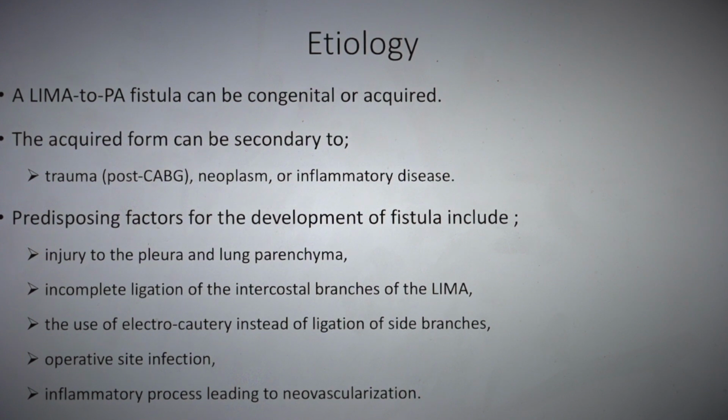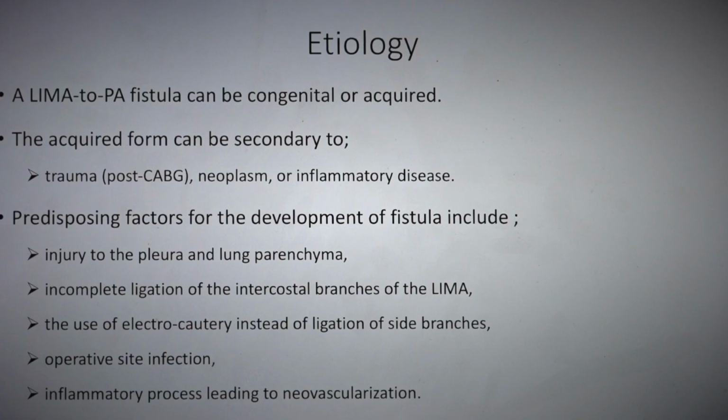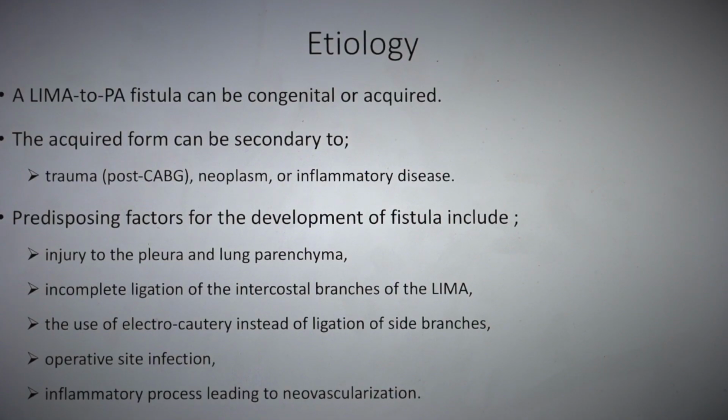LIMA to pulmonary artery fistulas can be acquired or congenital, and the acquired form can be secondary to trauma, neoplasm, or inflammatory disease. The predisposing factors for the development of the fistula include injury to the pleura or parenchyma, incomplete ligation of intercostal branches of the LIMA, the use of electrocautery instead of ligating side branches, and operative site infection and inflammatory process